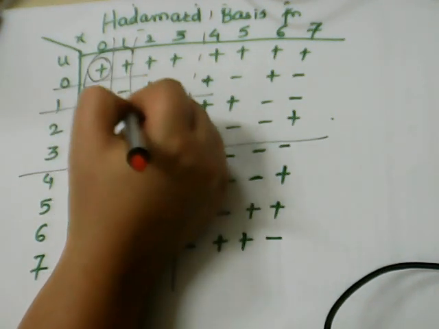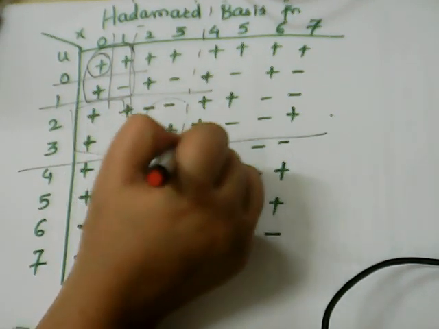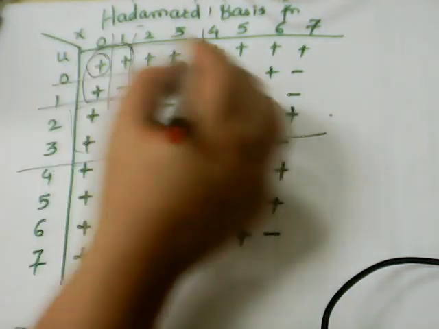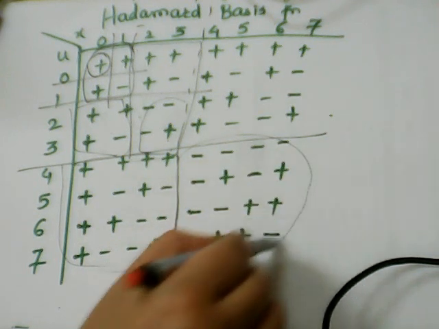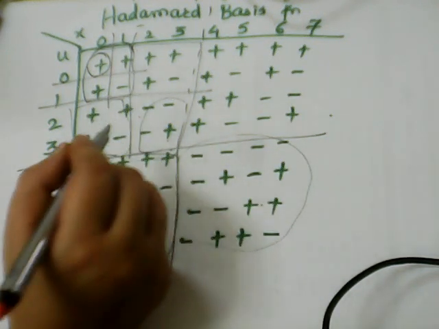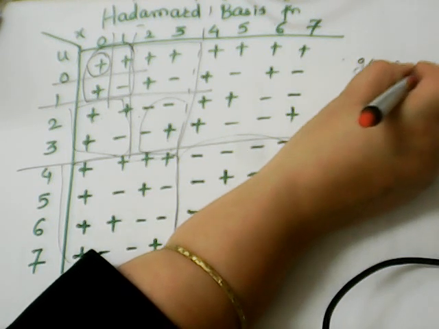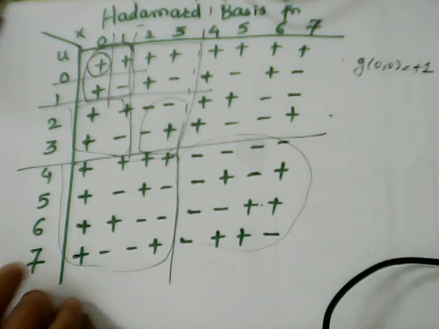Now if you consider this 2 by 2 matrix, this 2 by 2 is exactly the same, this 2 by 2 is exactly the same, and this is the opposite one. Wherever there is plus, here is minus. If you consider this 4 as one quadrant, the second is exactly the same, the third is exactly the same, and the difference is here, so it is opposite. So what value do you have to remember to expand it to any level? You only have to remember the first value. So g of 0 comma 0 is plus 1. This much only you have to remember. You can easily expand it as you want. This is the inherent expansion property of the Hadamard basis function.